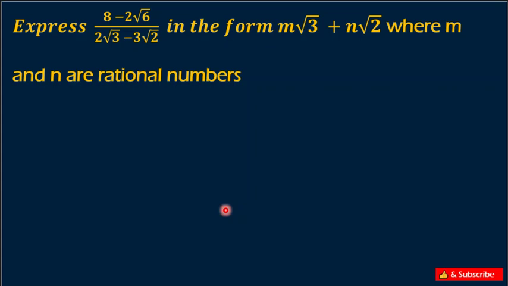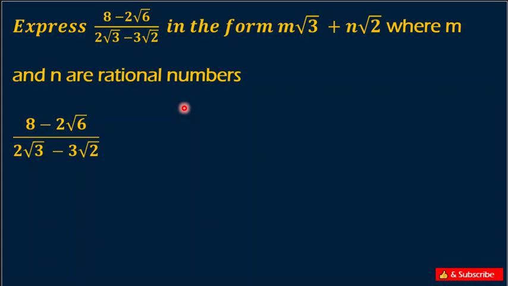Okay, can you take this example? Express 8 minus 2 root 6 all over 2 root 3 minus 3 root 2 in the form m root 3 plus n root 2, where m and n are rational numbers. This is basically asking that we rationalize this expression. Alright,